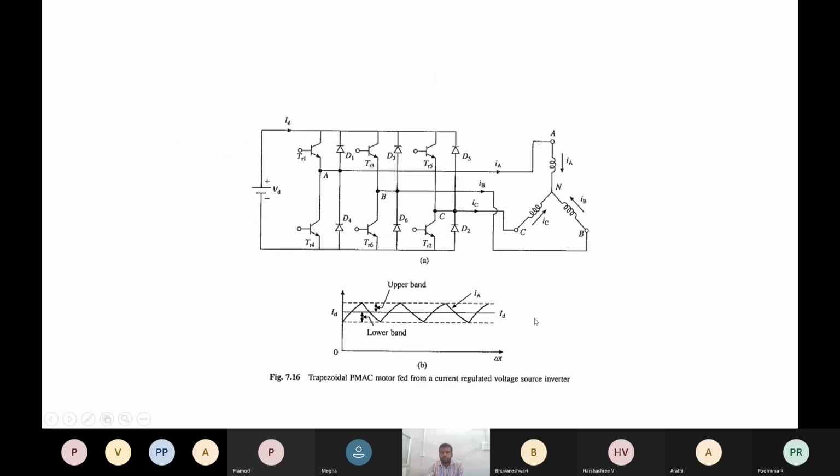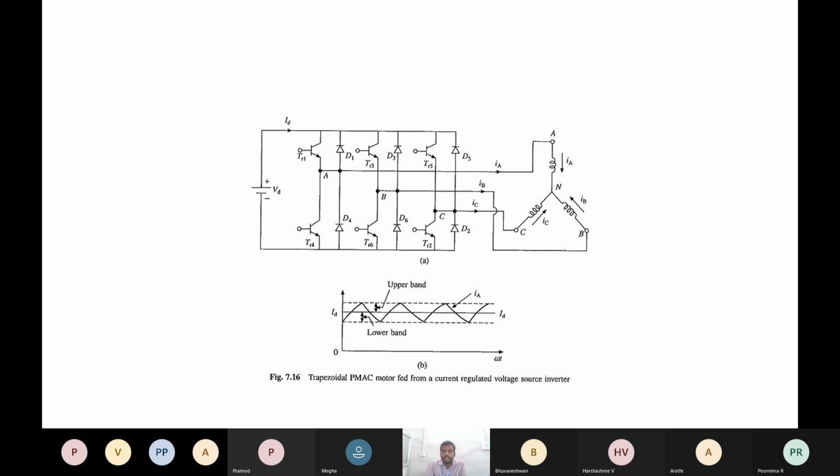Here the power flow is from the machine to the inverter and from the inverter to the source. Normally the power flow is from the source to the inverter and from the inverter to the machine. So if you operate regenerative braking, then by reversing the current phases you get the reversal of the power flow, from the machine to the inverter and from the inverter to the DC source. That's the point.